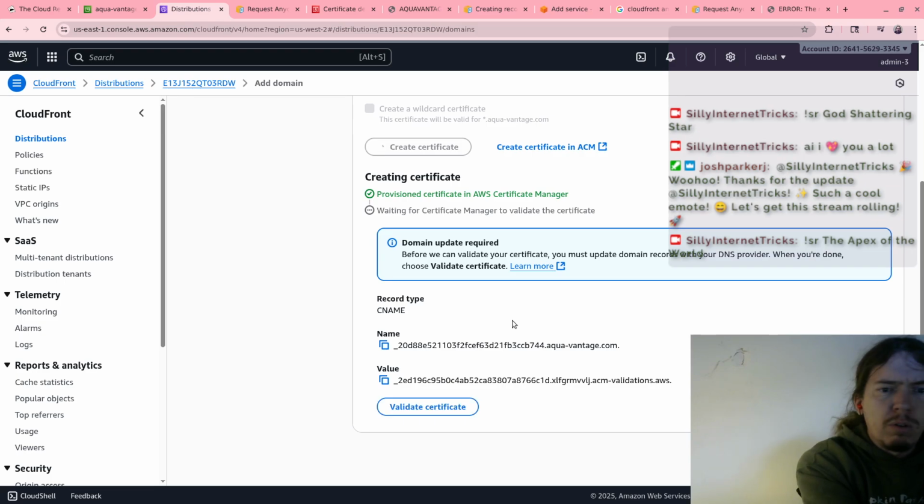And then for the value, we will put 2ED196 C95 B0 C4 AB52 CA83807 A8766C1D dot XLFGRM BVLJ ACM validations. Create record.